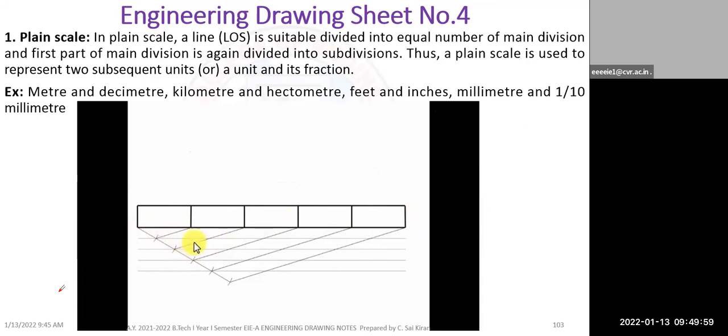Now in between these 2 lines, I'll be placing numbers. Now at the end of the first division, I'll be writing a 0 over here, something like this. Okay. This is going to be 1. This is going to be 2, 3, and 4. Now each division is equivalent to 1 decimeter. So at the end of first division, if we place a 0, this is going to be 1 decimeter, 2 decimeter, 3, 4. That's it.